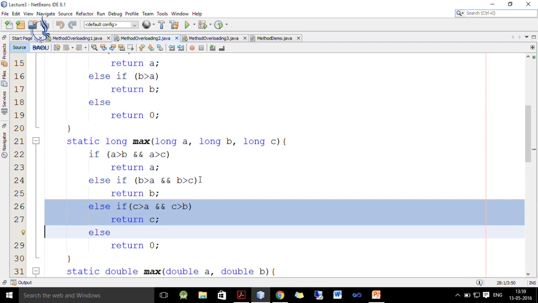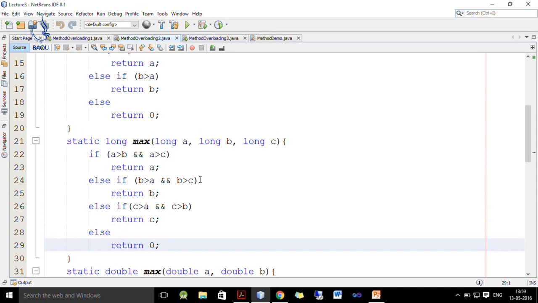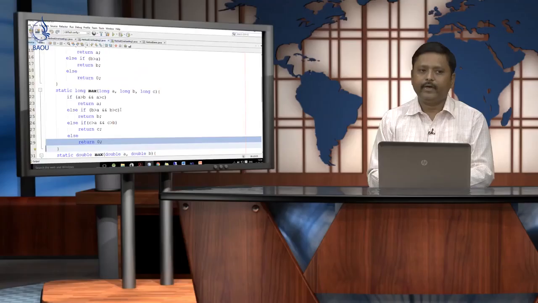In the third case we check whether c is maximum or not. So, we write c is greater than a and c is greater than b, so we return c. If none of the if conditions match, it means either there is more than one maximum value or all are equal. So, in that case we return 0, where we cannot clearly determine which is the maximum.